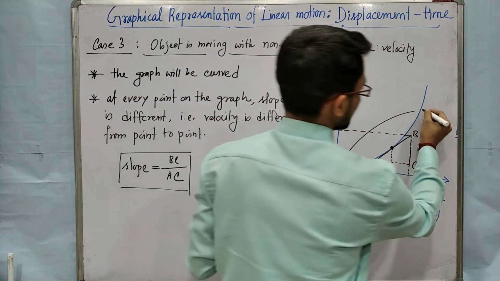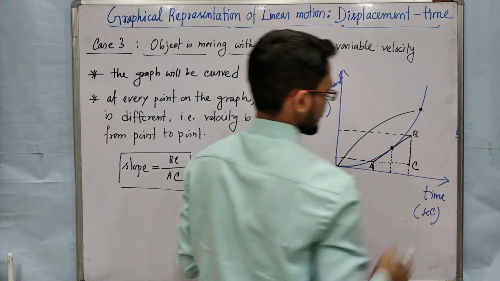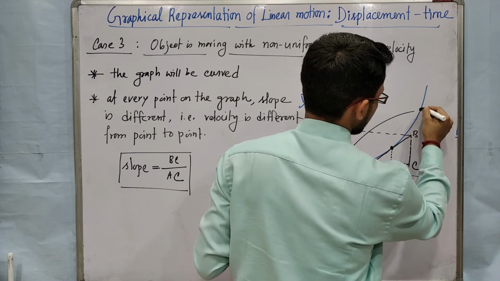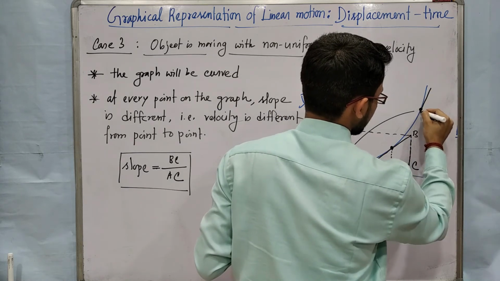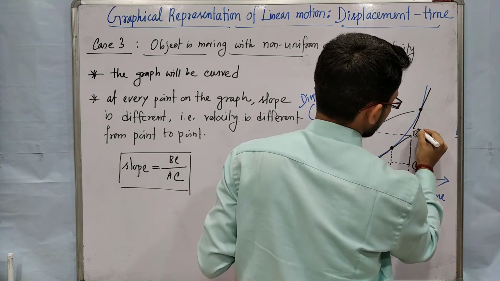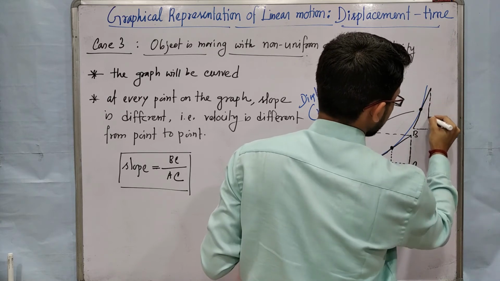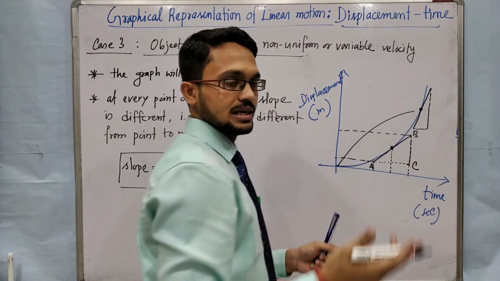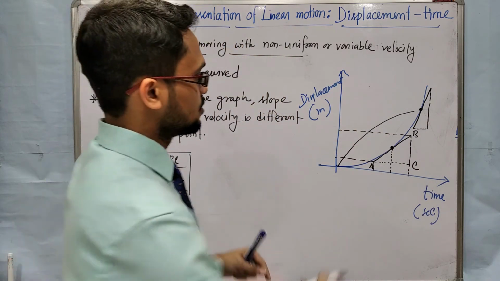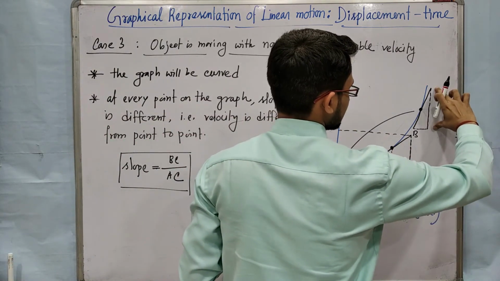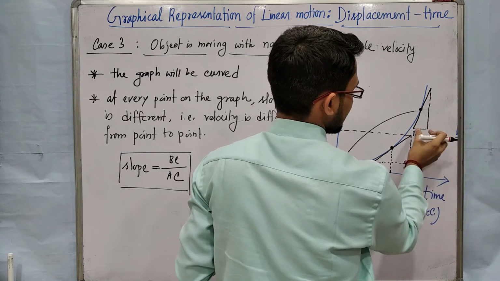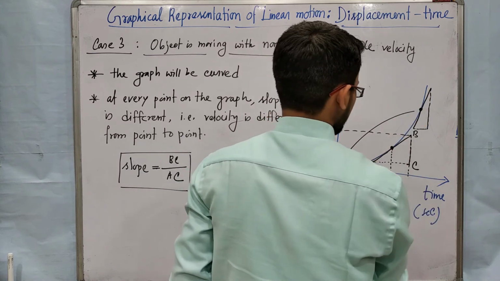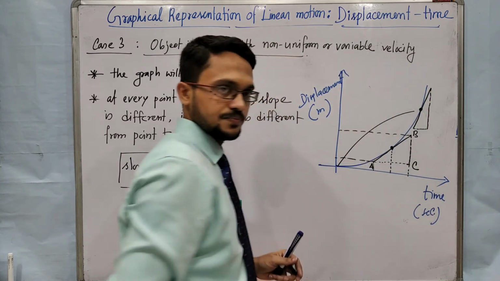If we go to other point, this point, then what will happen? Then everything will change. Okay, here this is the tangent. Now draw the right angle triangle. Again, this part by this part will give the velocity at that point. Now look at here. This part is increasing, and T part is decreasing as we move away from the origin along this curve.